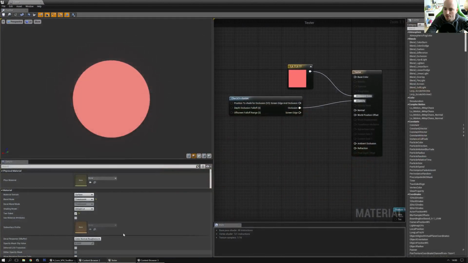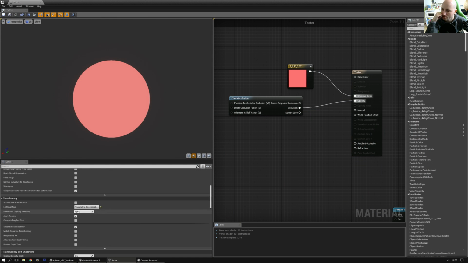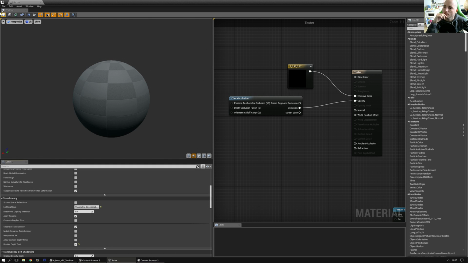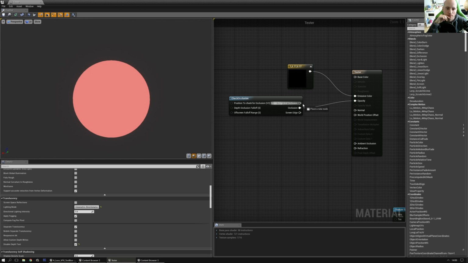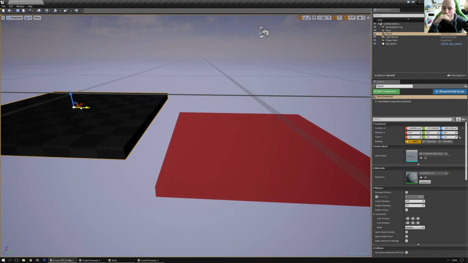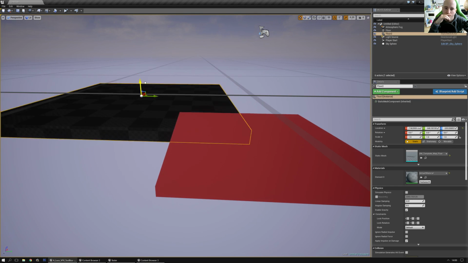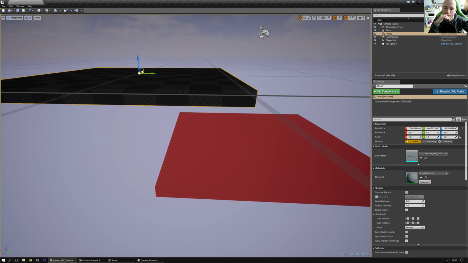Okay, I kind of want to try something interesting. Let's say this is a transparent material that's always on top of everything else. Disable depth test. How will it respond then? I mean, it's always on top, but the moment it's being occluded by something, it will react. As you can see, regardless of where this mesh is,